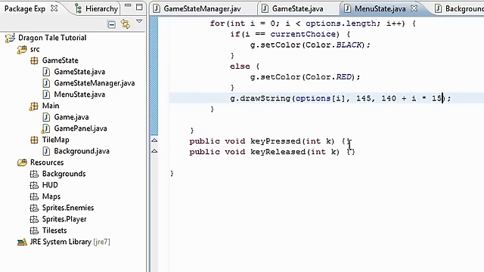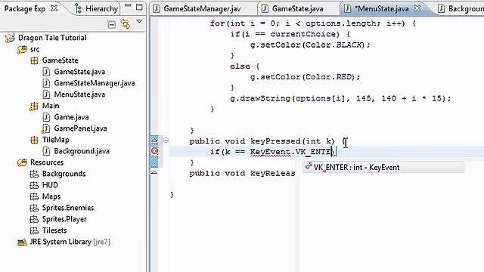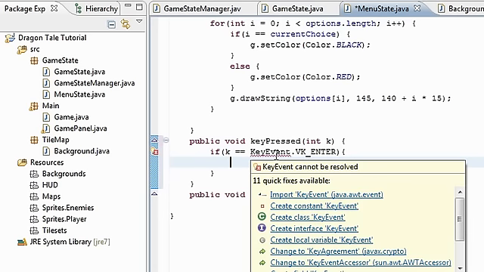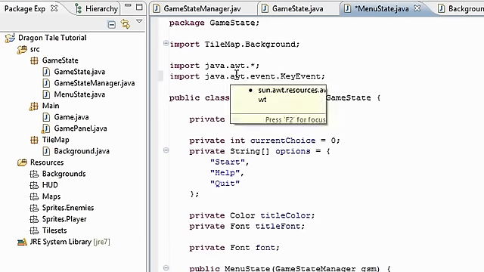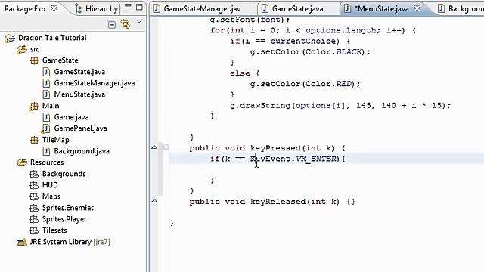And key pressed and key released. So key released is going to be nothing, but key pressed is going to be important. This is where we handle the key events. If the user presses enter, we can't see KeyEvent, so import that up here. Import java.awt.event.KeyEvent. If k is equal to KeyEvent.VK_ENTER, then